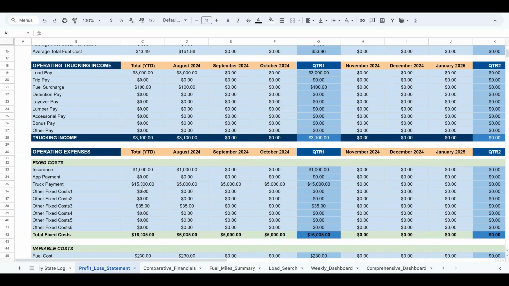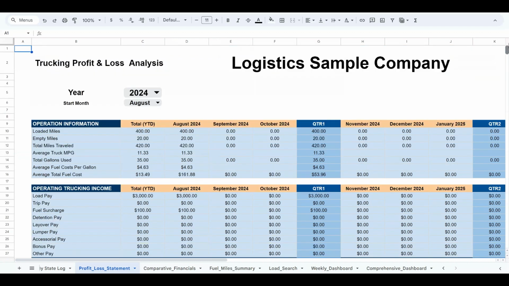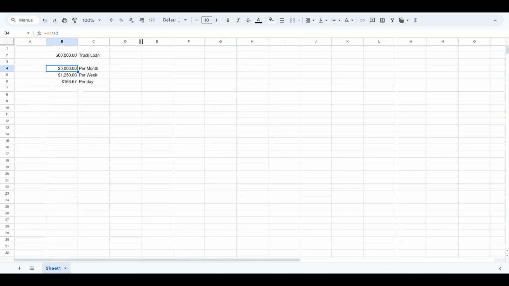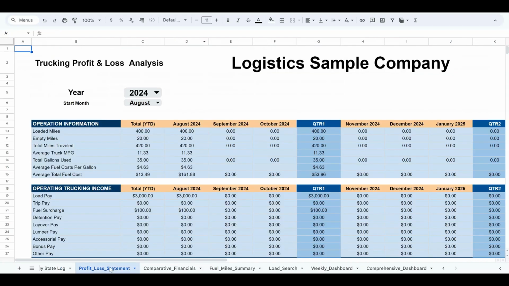So that's correct. That's what I want to point out to you: if you have something to allocate, you can do it per month, per week, per day. You don't have to do it this way. You can divide it by 365 or 366 days, right? Or here you can divide it by 52 weeks as well. That's how you would go about allocating expenses if it's not associated with